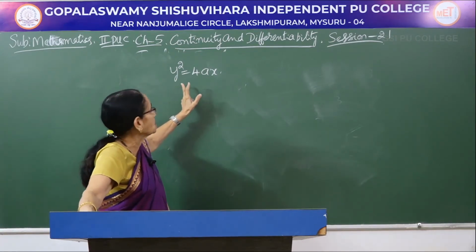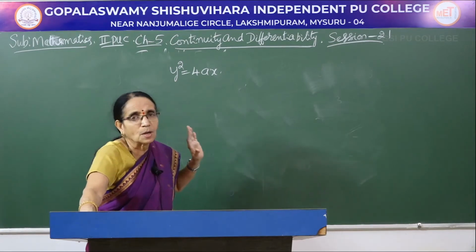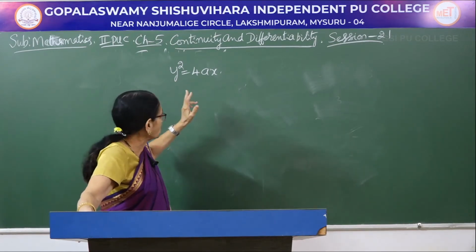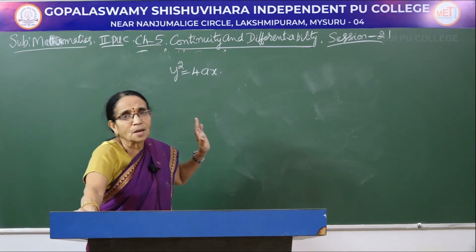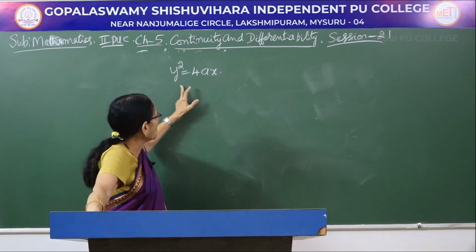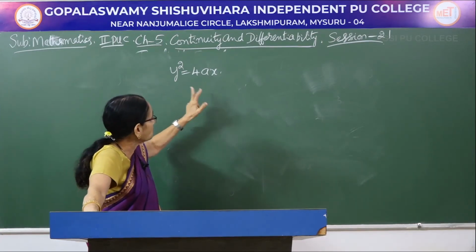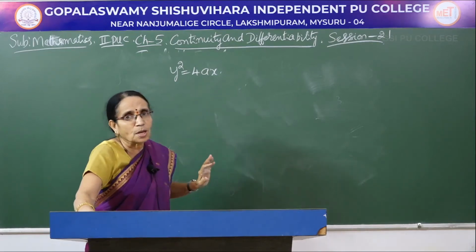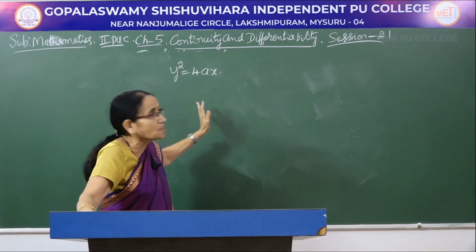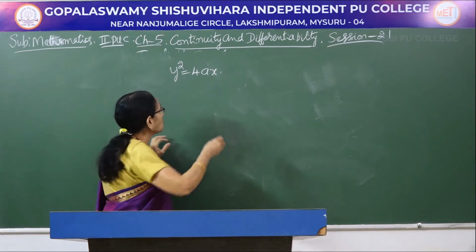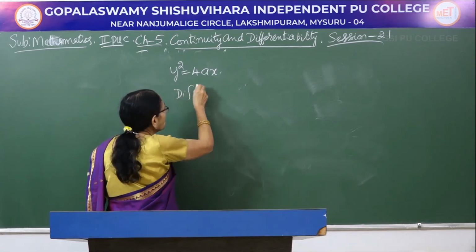Of course, y is in only one position, only one term is containing y square, still it is considered as an implicit function, because when you write y here, it is plus or minus root of 4x. So, there will be two functions. So, we take it as it is, y square equal to 4ax. Now, differentiate